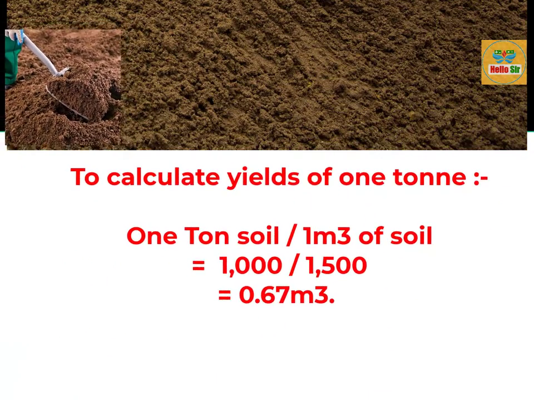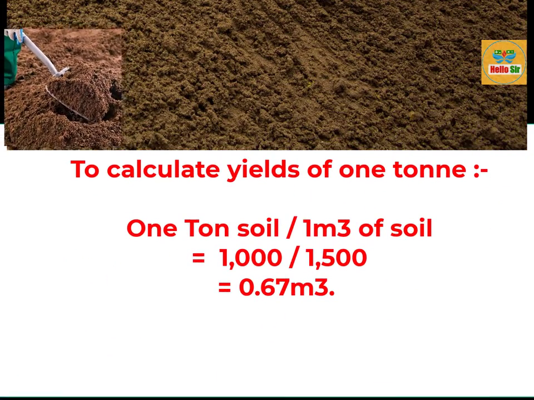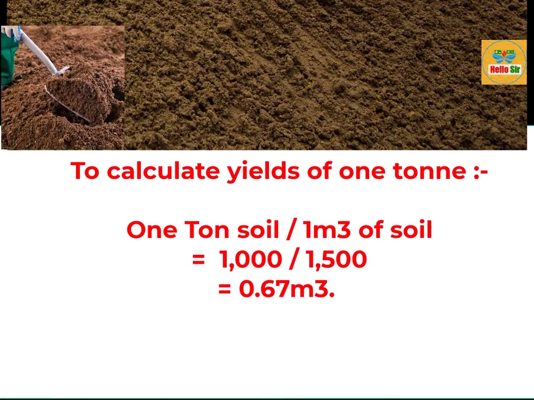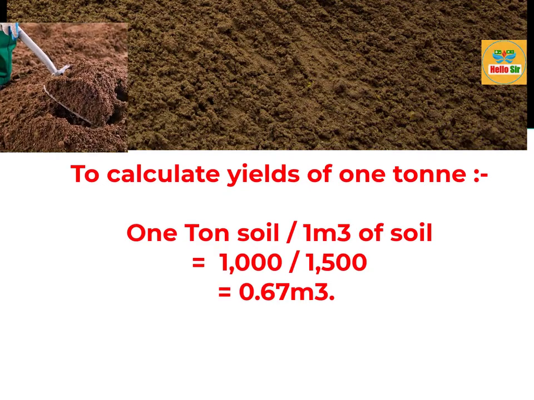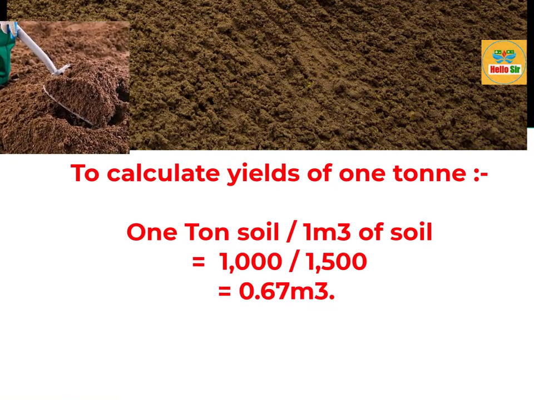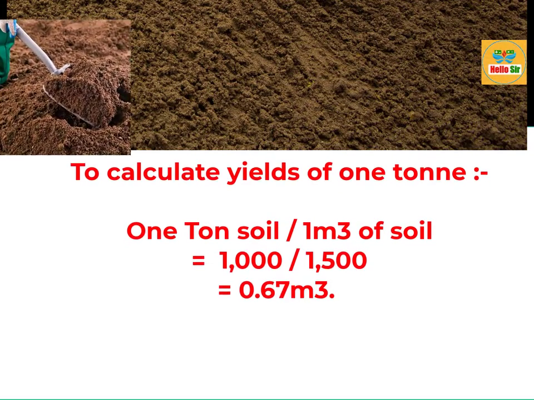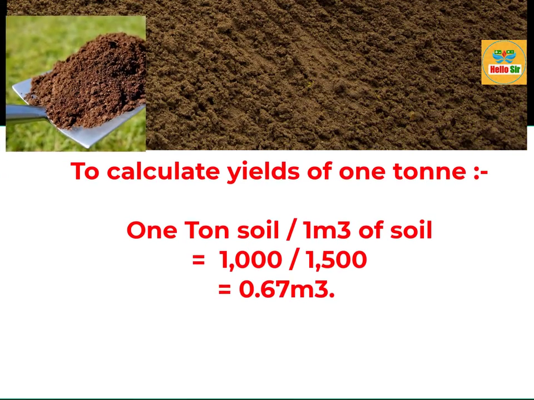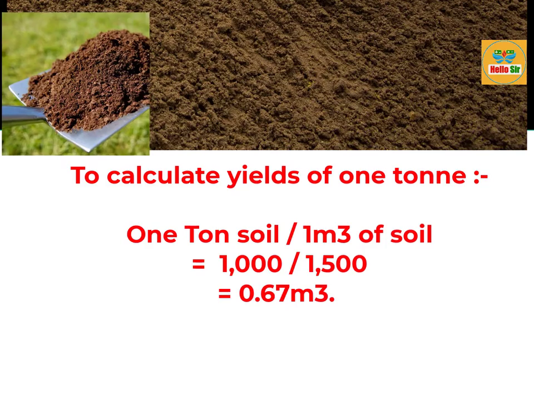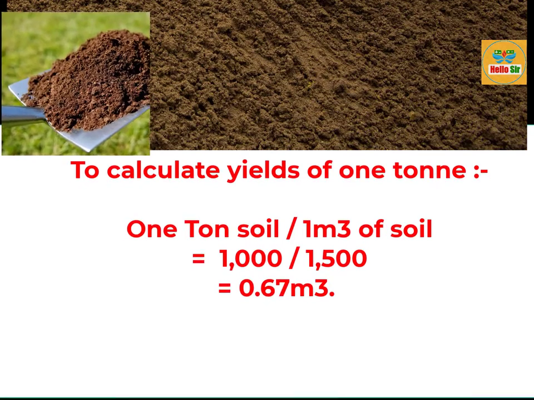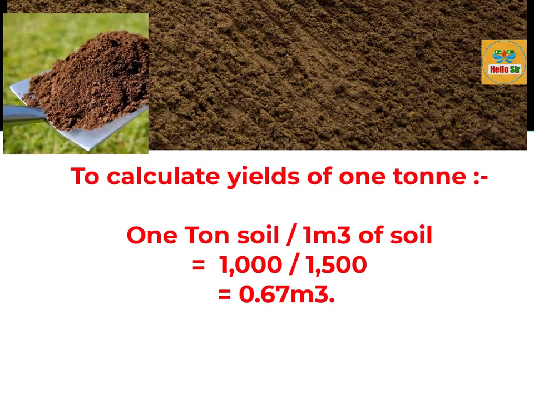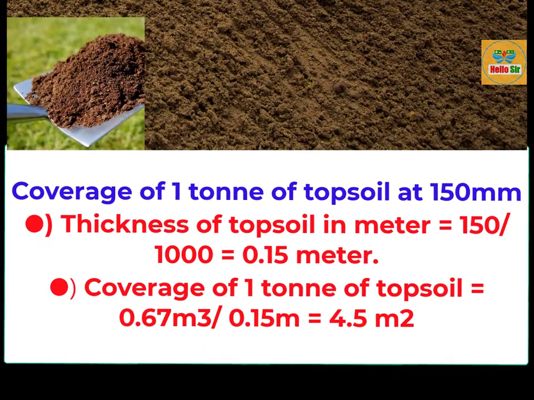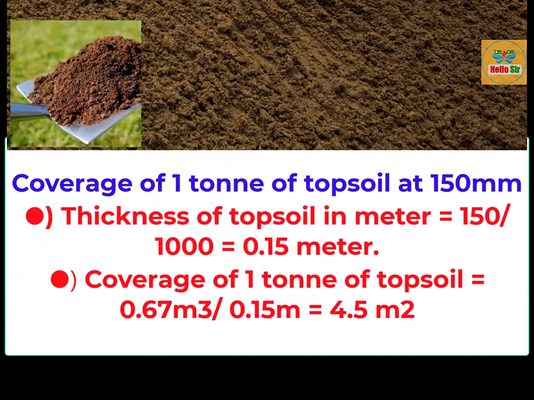To calculate how many cubic meters 1 ton of topsoil yields, you divide the weight of 1 ton of topsoil, that is 1000 kg, by the weight of 1 cubic meter of topsoil, that is 1500 kilograms. That is 1000 divided by 1500, which comes to 0.67 cubic meter. Thus on average 1 ton of topsoil yields around